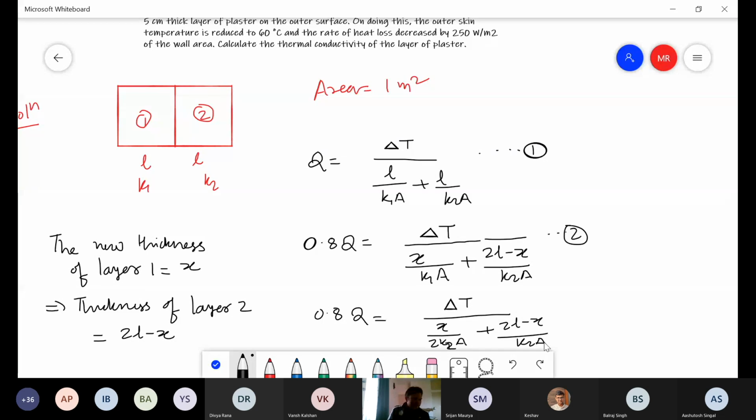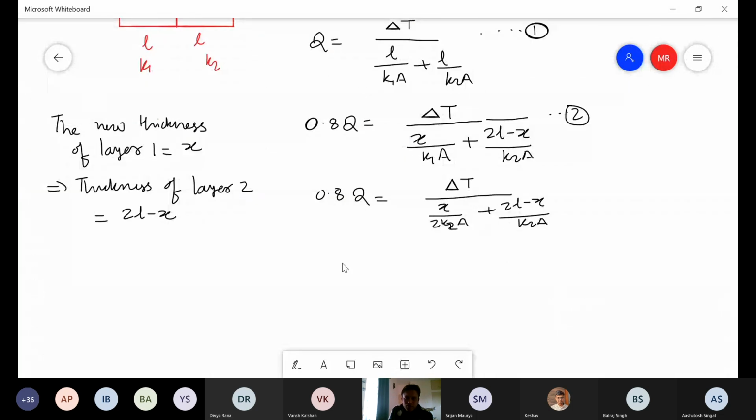Okay. And from equation number 1, what we can write is Q is given as delta T divided by